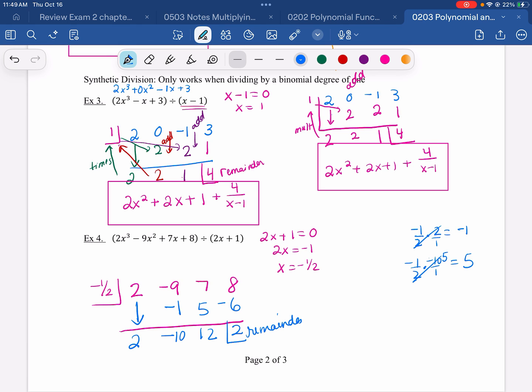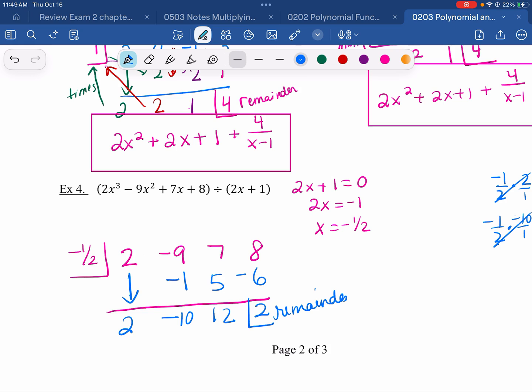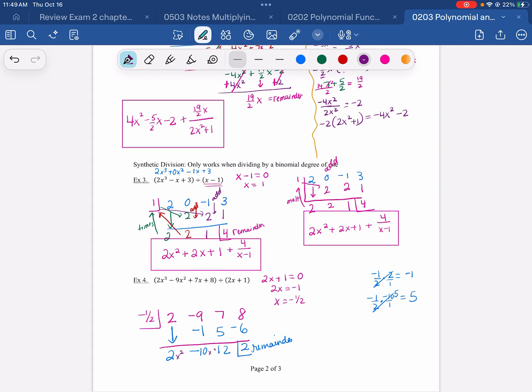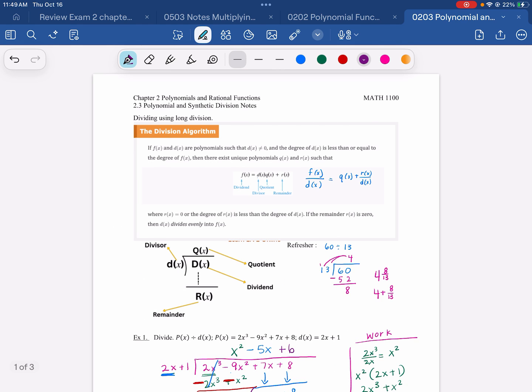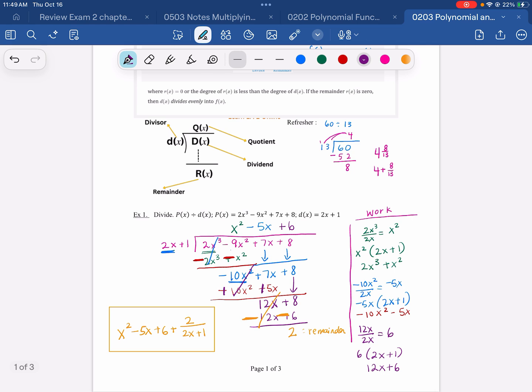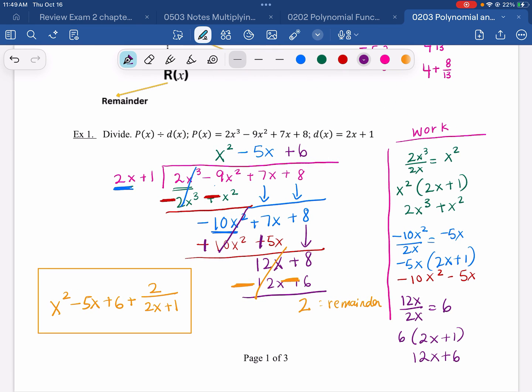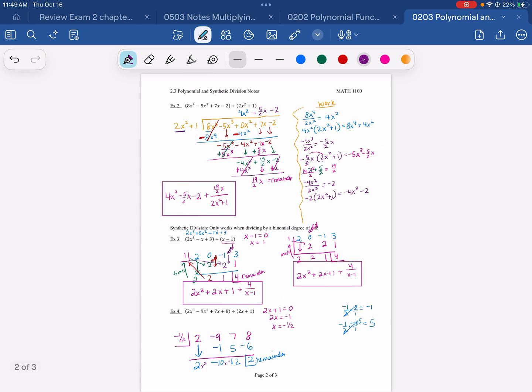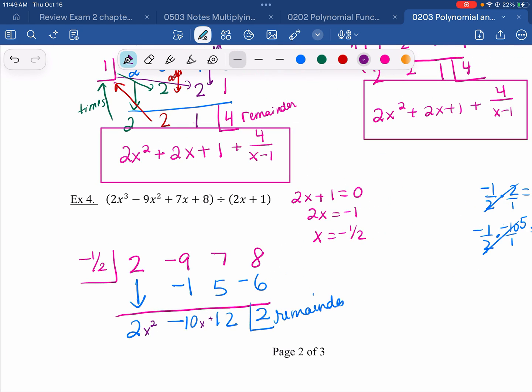This is not your answer. Oh, well, on the last one it was. Okay, so it is not x squared, 2x squared minus 10x plus 12 and then plus 2. Look at this, 2x plus 1. What's different? It's the same equation. 2x to the third minus 9x squared plus 7x plus 8. Same thing, but I have a different answer